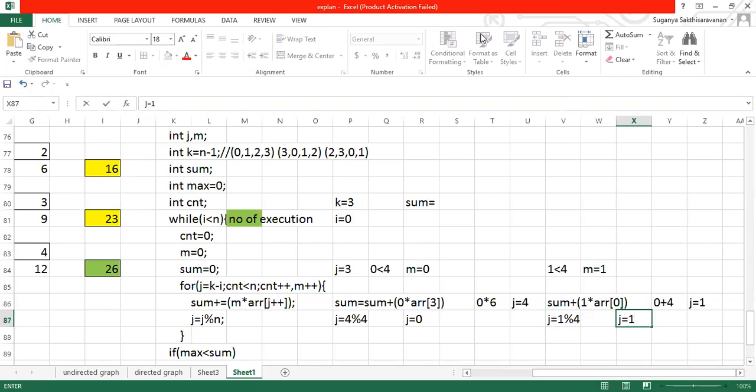Okay, again the value from the first index will be taken. Here, look at here. What is the j value when it is coming here? It is 0, right? After this iteration, it is all about post increment. It will become 1 again. Okay, fine. So what happened?